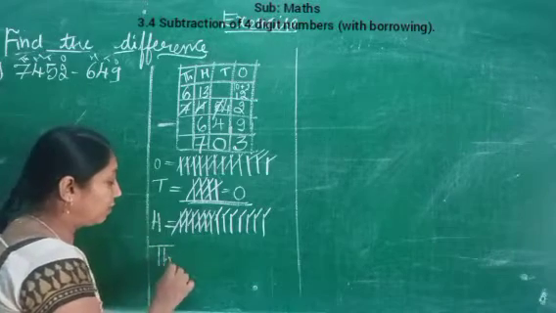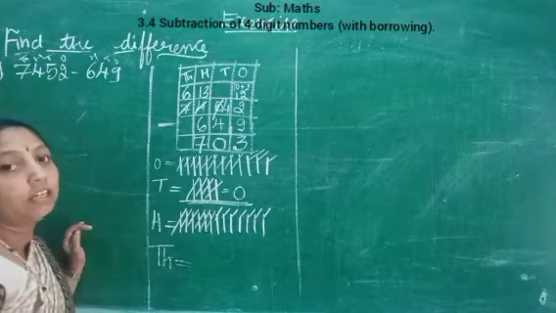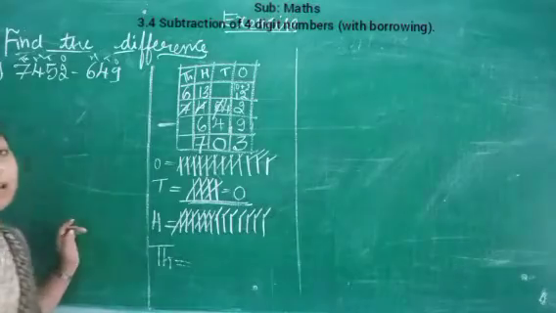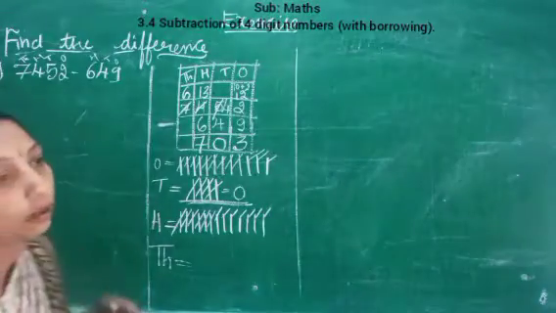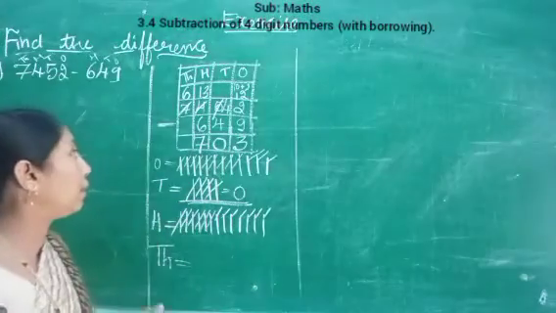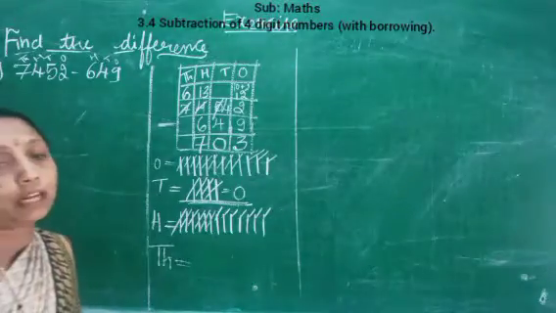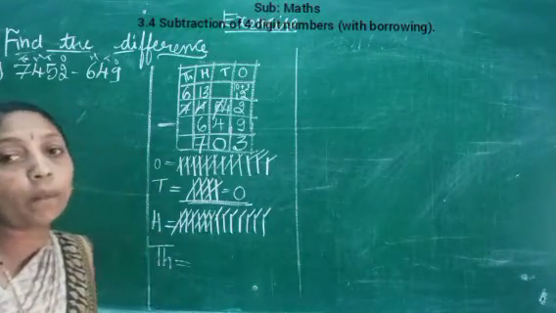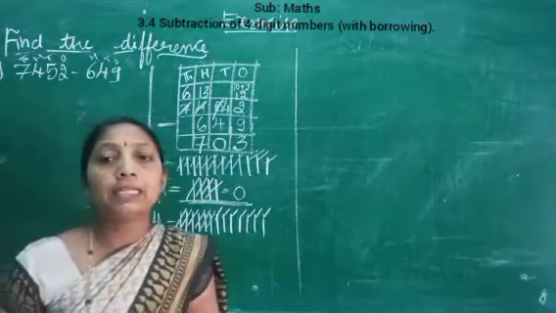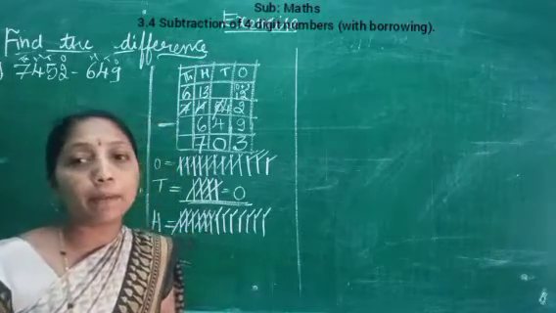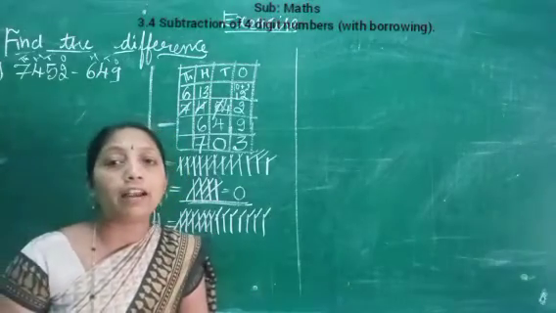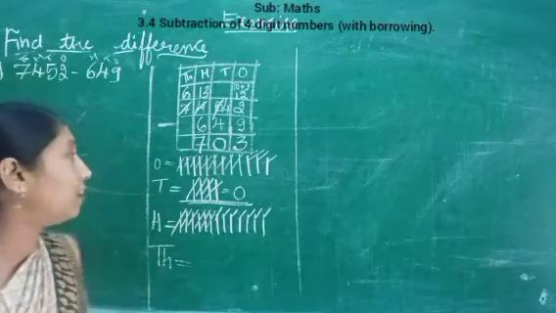Okay children, next step we go to 1000 place. Which number is there? Number 7. It comes to 6. It is the borrow, the one number to 100 place, so it comes the 6. 6 below there is nothing number, it comes the same number. This step also we already learned about in the previous class.